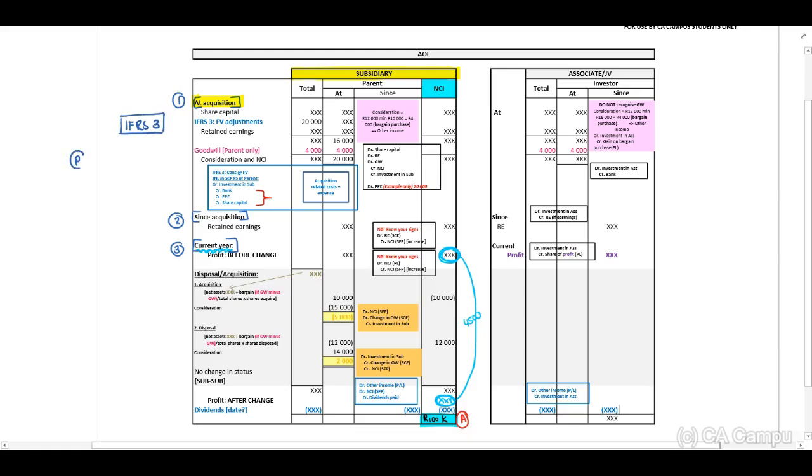When we have a parent that purchased shares in a subsidiary, the consideration paid by the parent to the previous shareholders should be at fair value. Okay? Then the assets and liabilities transferred into the group of our subsidiary we call your identifiable assets and liabilities, and this should be at fair value. Now guys, if they indicate to you that at acquisition date there are fair value adjustments relating to these assets and liabilities,